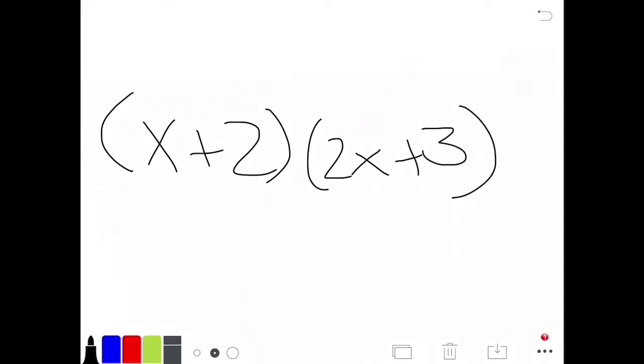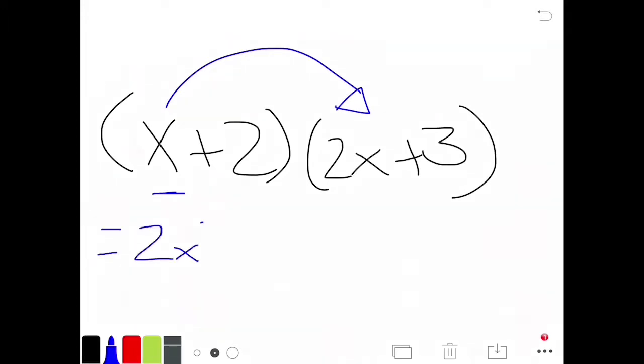Now what we're going to do in this equation is we're going to multiply this first number by the first term in this bracket. Now that's going to give you 2x to the power of 2, since when you multiply an x times an x, it gives you to the power of 2. Now we're going to multiply the outer term here, which would be x times 3, which you would get positive